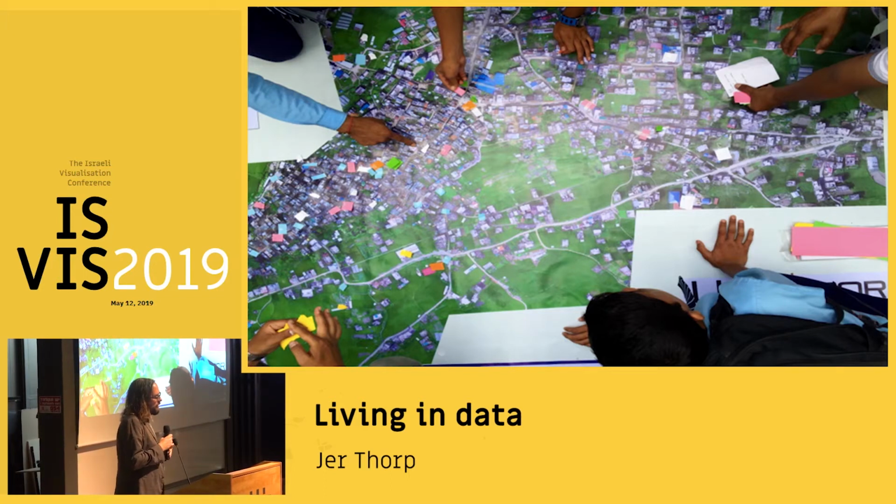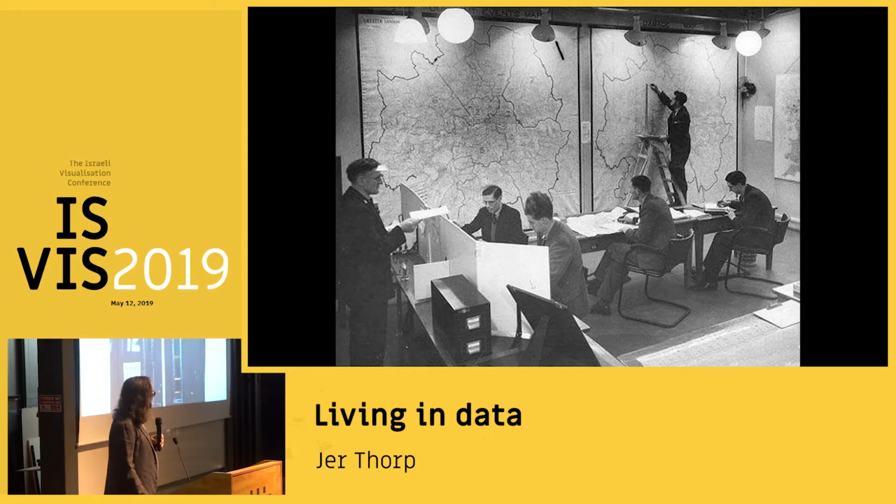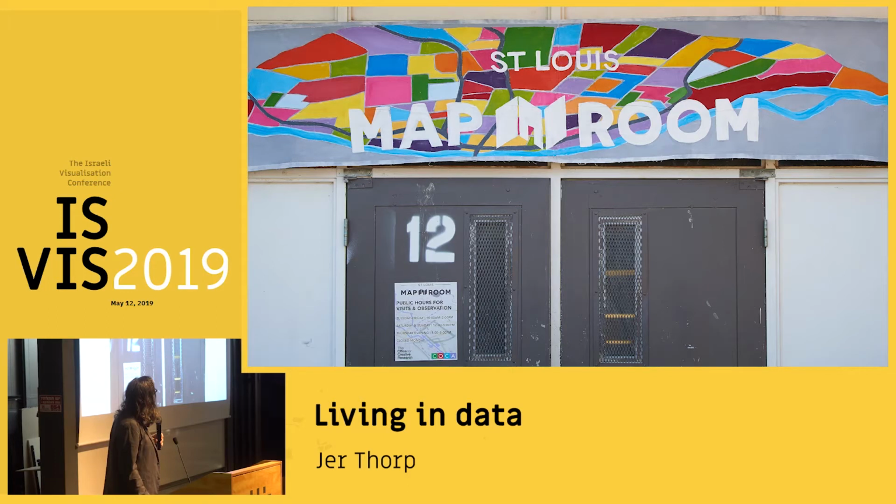in hand. And so what we ended up building in St. Louis was this project called the Map Room. This is kind of what a map room looks like. They tend to be used at times of war or in city halls, in emergency situations, and they're almost always top down. They're ways for people in power to use maps to try to dictate how things are going to be fixed, right?